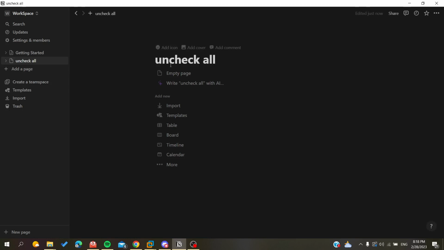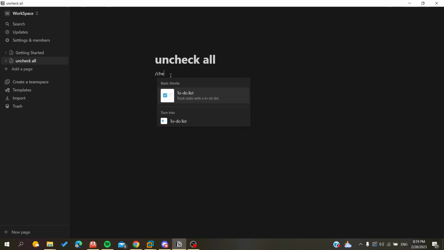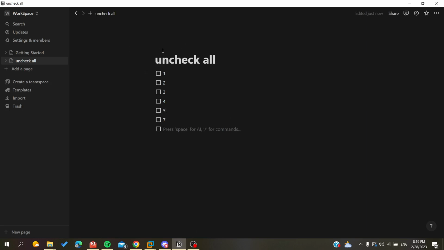all. And here I'm going to create a checkbox or a to-do list, so I can show you how to uncheck all or check all in Notion. So basically here I have this list of the checkboxes. So here I'm going to check everything, and now we want to uncheck all these